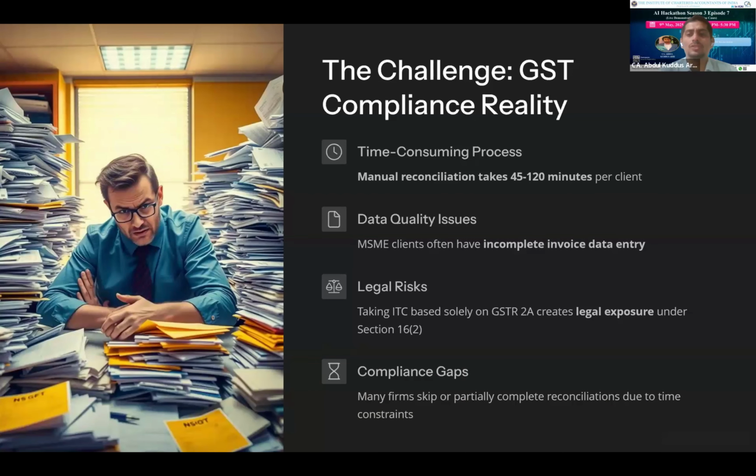When you are solely depending on GSTR 2B data, what happens to any invoice, any goods received at the end of the month, any purchases made at the end of the month, but the goods are received in a subsequent month? Section 16 subsection 2, clauses A, B, C, D clearly say that you must possess a valid invoice in hand, you must receive the goods. When you are considering your GSTR 2B data solely, you are ignoring or bypassing Section 16(2), thereby you might invite many notices. So using this tool, you can easily